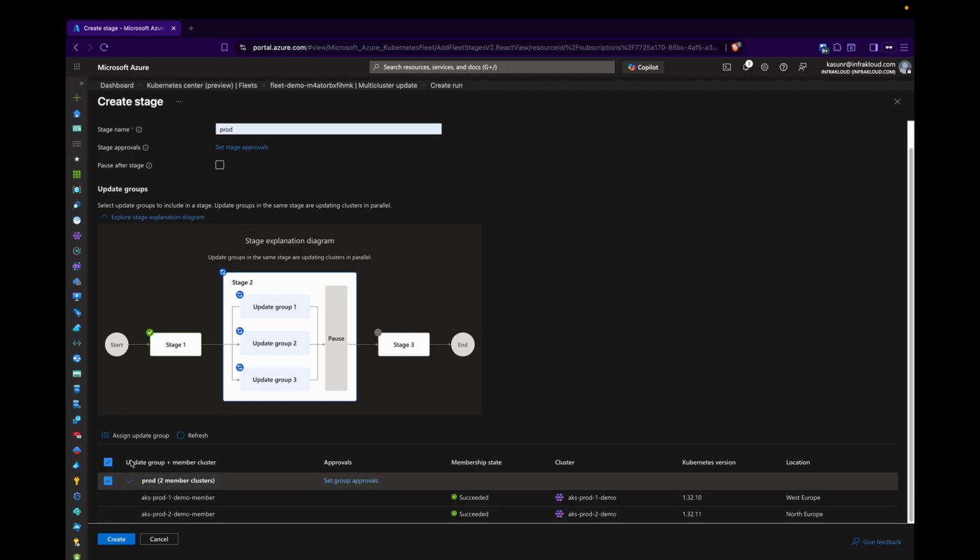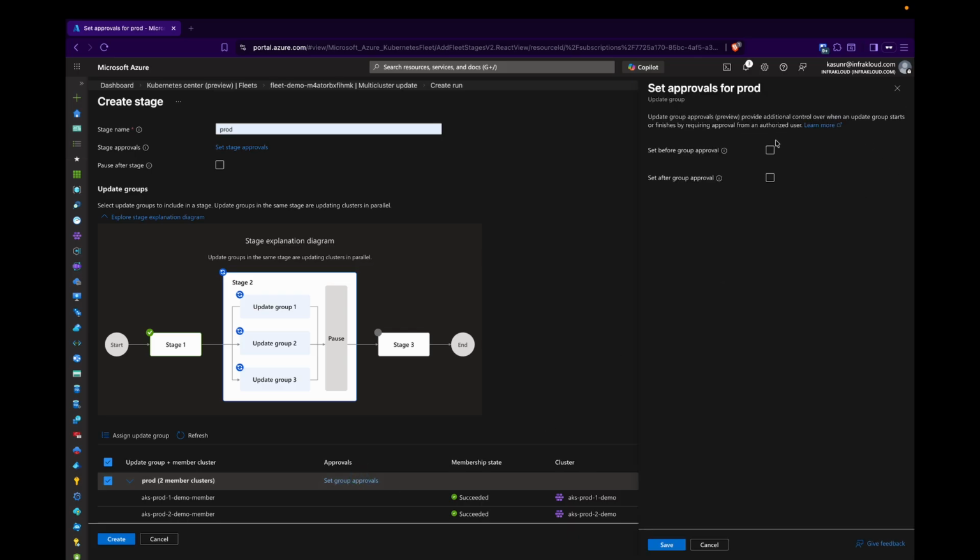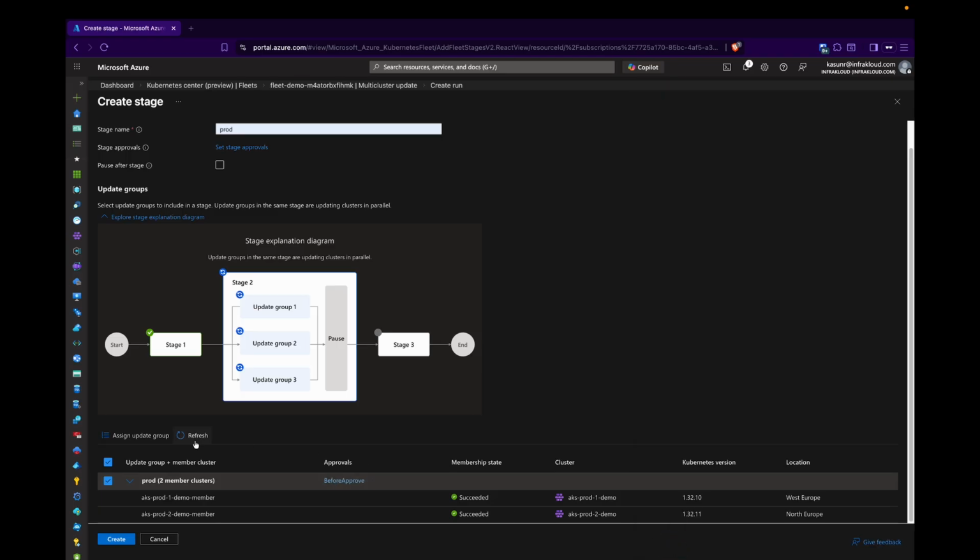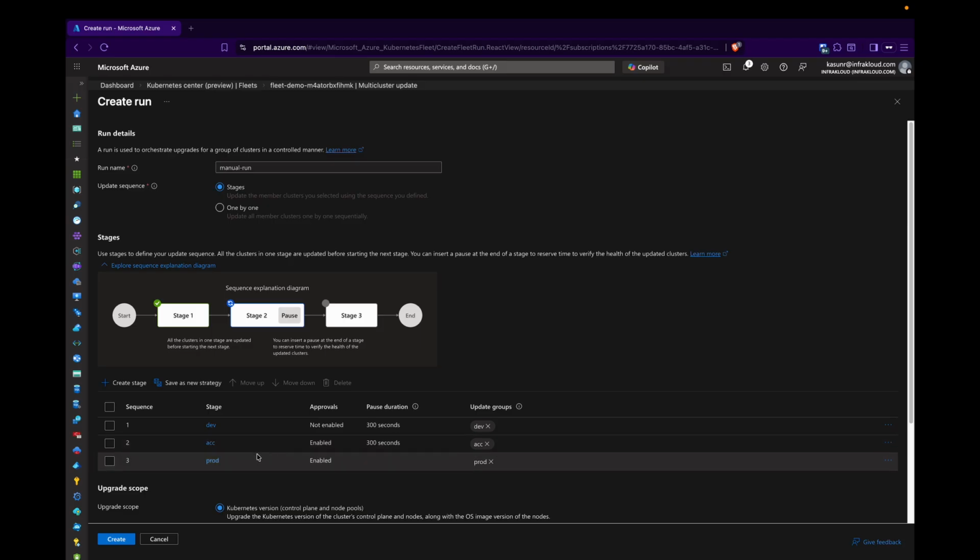Then I will click the remaining update group, which is prod update group, and create the upgrade group. But before I create the upgrade group, I would make sure that I will put approval as well, because it's production. Yeah. Then click save, then click create the